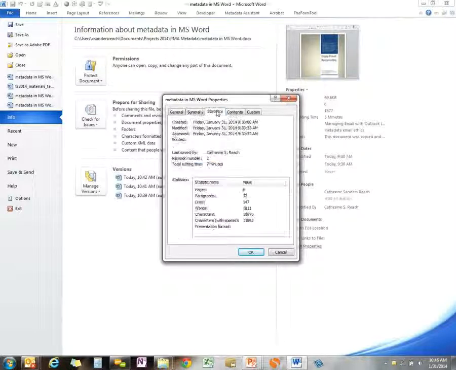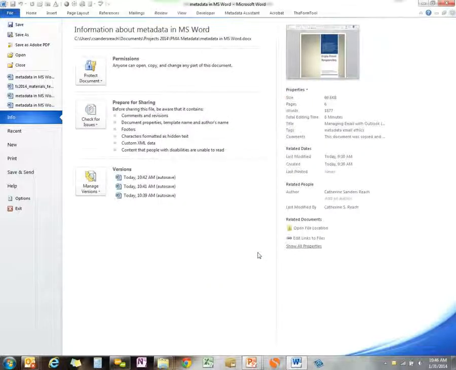And then you have all your created, modified, accessed, revision time, total editing time, all that kind of stuff. So that's all the properties of the document that you may or may not want to get rid of. And so the easiest way to get rid of this is in